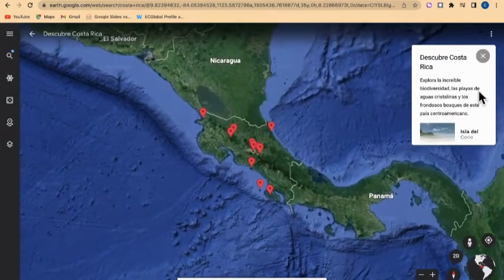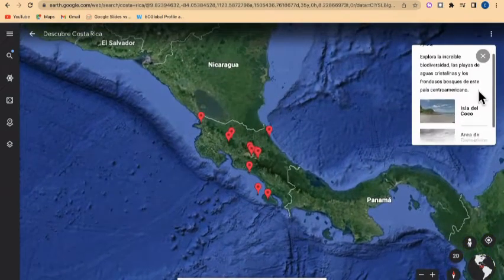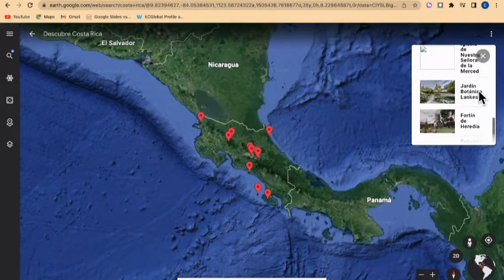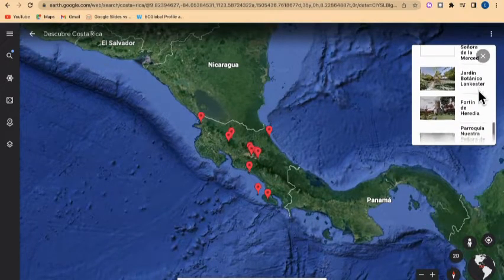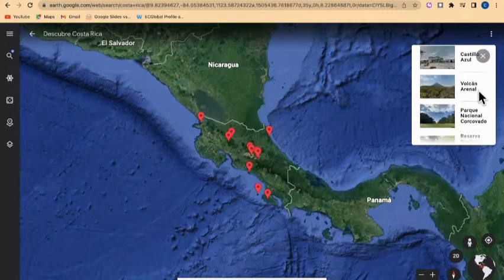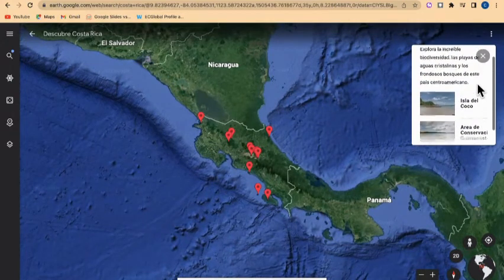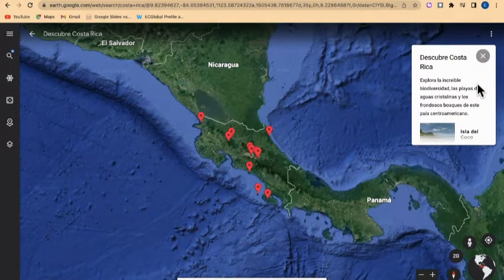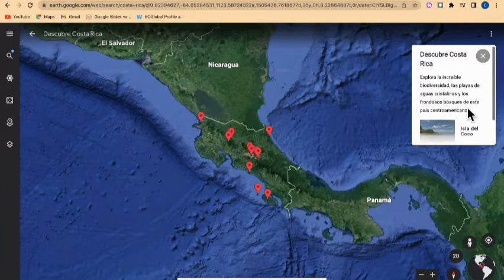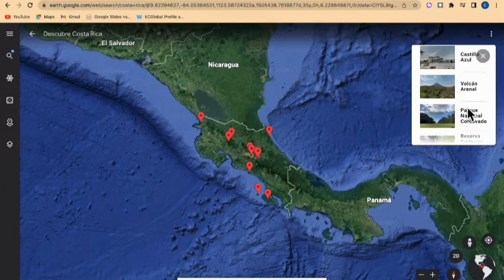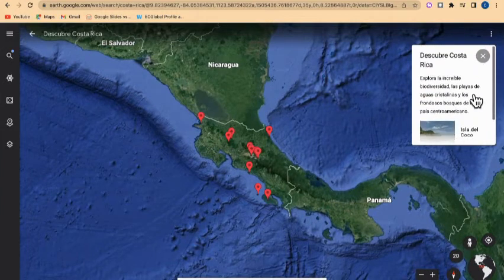On the right side, there is a panel with different places and landmarks of Costa Rica. It could be a bit overwhelming, so if I were you, I would ask your students just to focus on 2 or 3 places and maybe do a simple activity